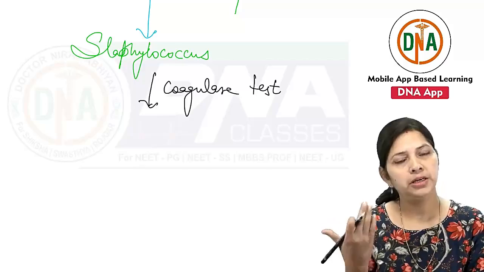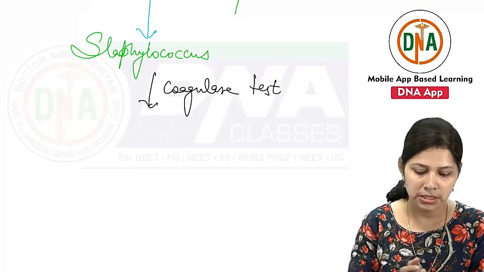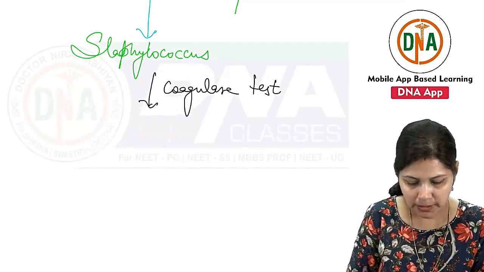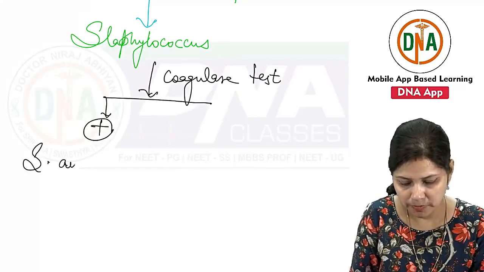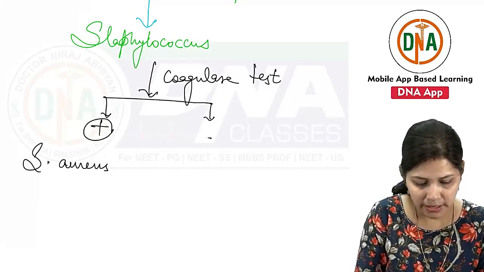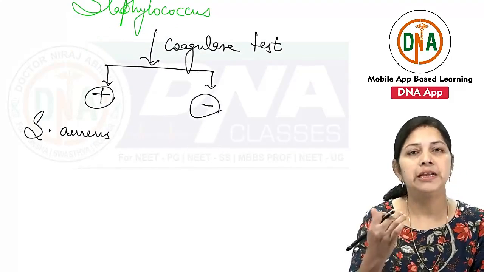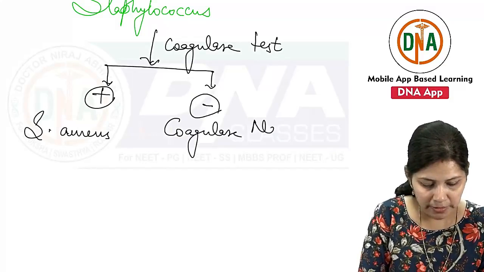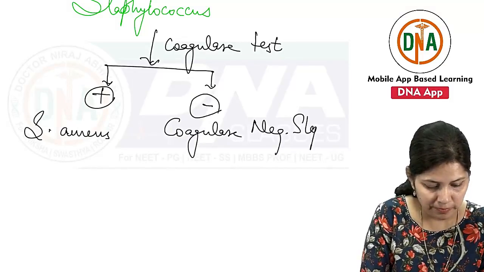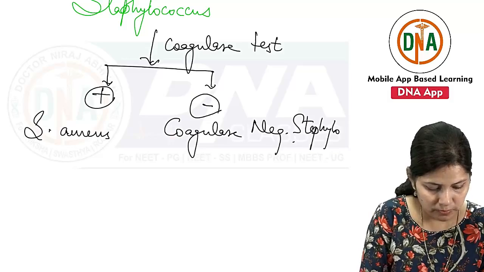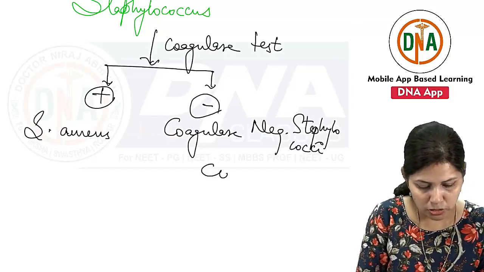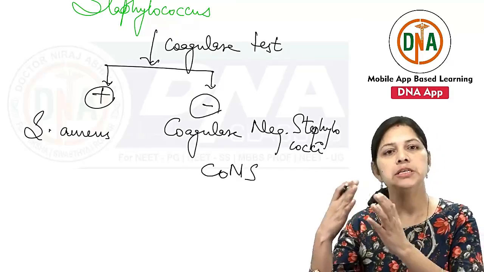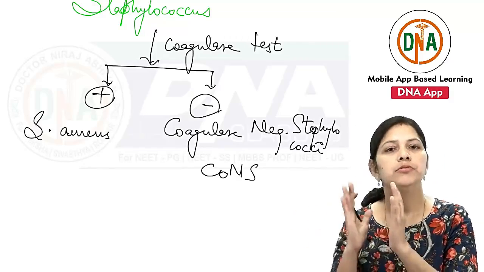Okay, so be it a tube coagulase or slide coagulase test, if it is positive, then it is Staphylococcus aureus. If it is negative, then the whole group we label it as coagulase negative staphylococci, or CONS. Okay. So on the basis of coagulase test, we differentiate it into Staphylococcus aureus, which is coagulase